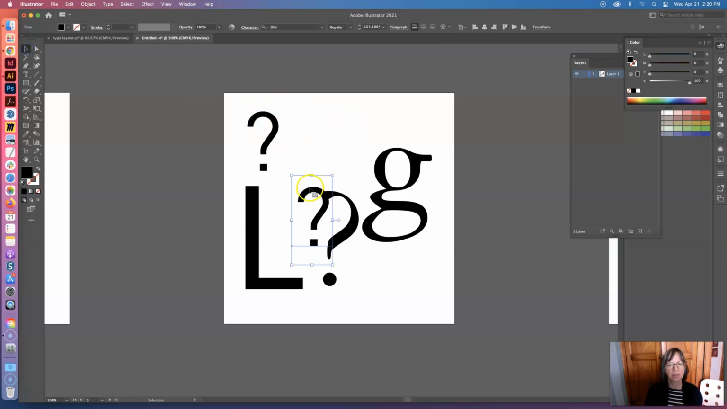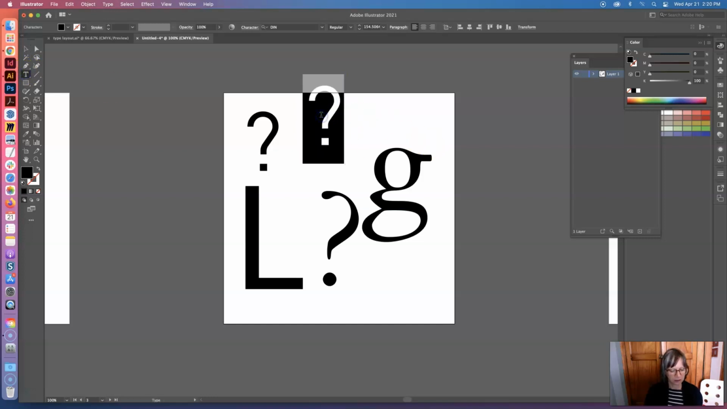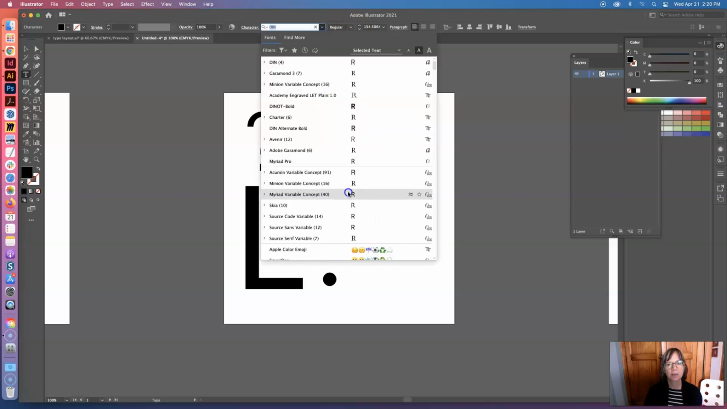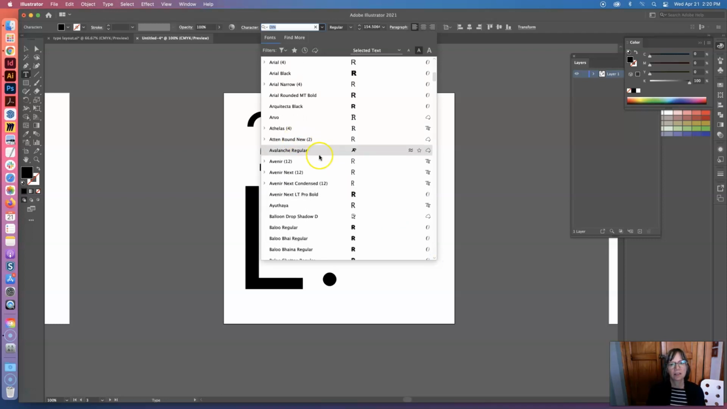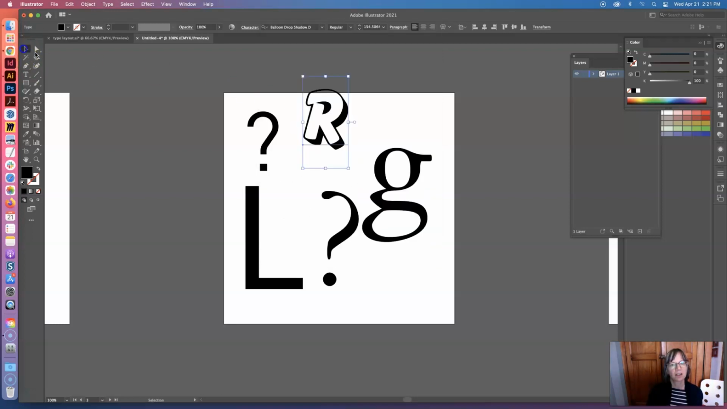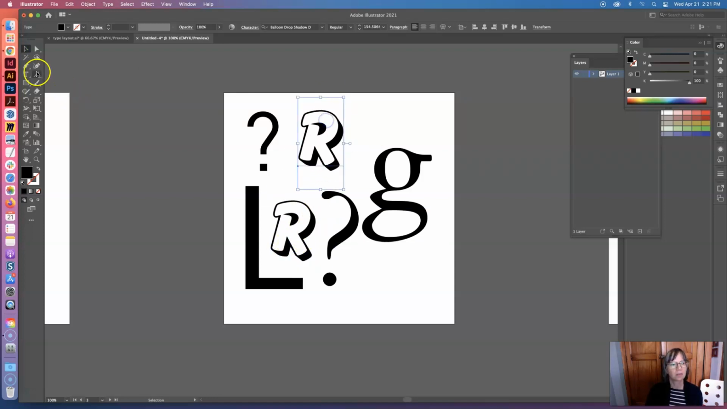I'm going to copy and paste, and let's try the letter R, capital R. I'm selecting it, and now you can see all my different R's. So which R would I like to use? So I'm going to continue scrolling down here. Let's see. Actually, I'll try balloon drop shadow. That's kind of fun. And copy and paste. And let me try